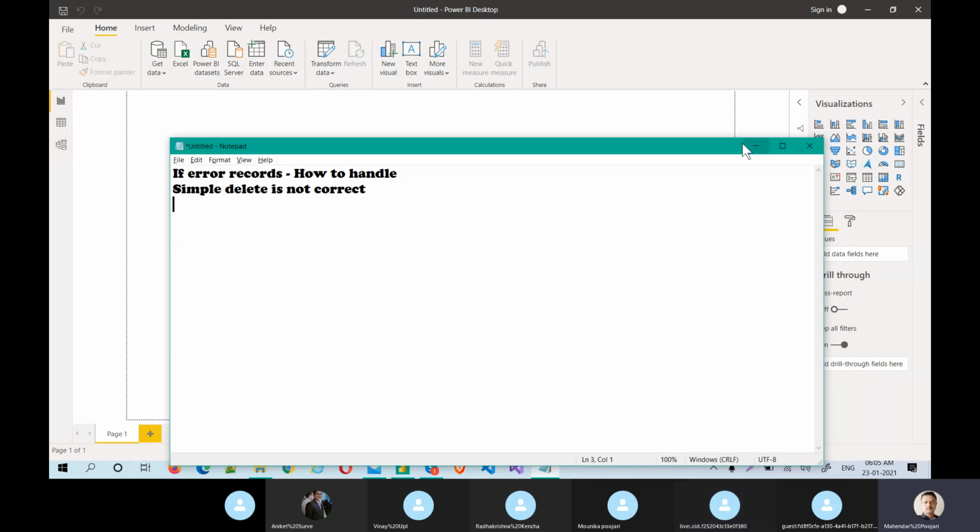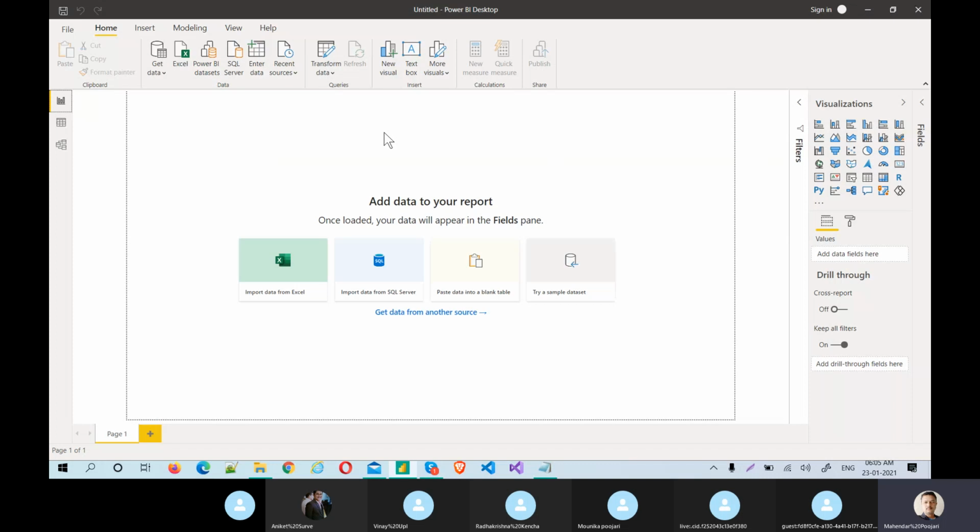Okay, clear, right? Everybody should be clear on the scenario. The scenario is, if a record is errored out, you should not delete it just like that. You have to extract that record and give it to the end user, saying that this record is errored out, do you want me to delete it? You have to send an email like this. Based upon his confirmation we have to take a certain action. He might give a new file saying no, you should not delete that, I will give a fresh file because I made some mistakes, so that file was generated in a wrong way. This could be one of the real-time scenarios to work on the data side.